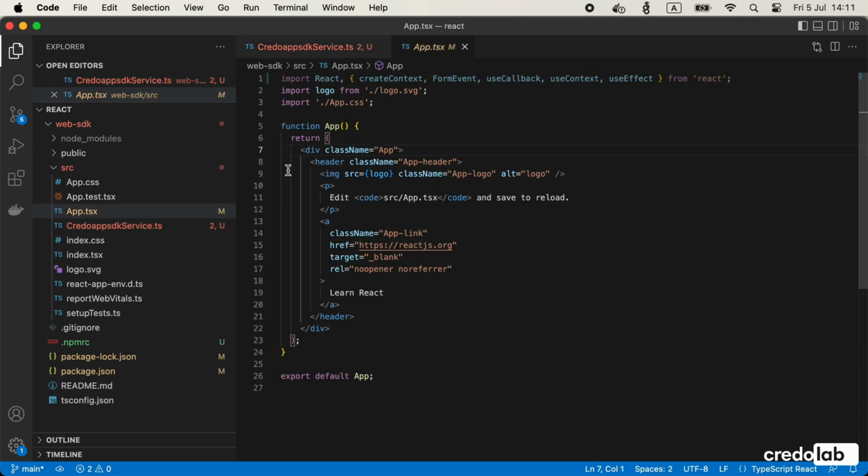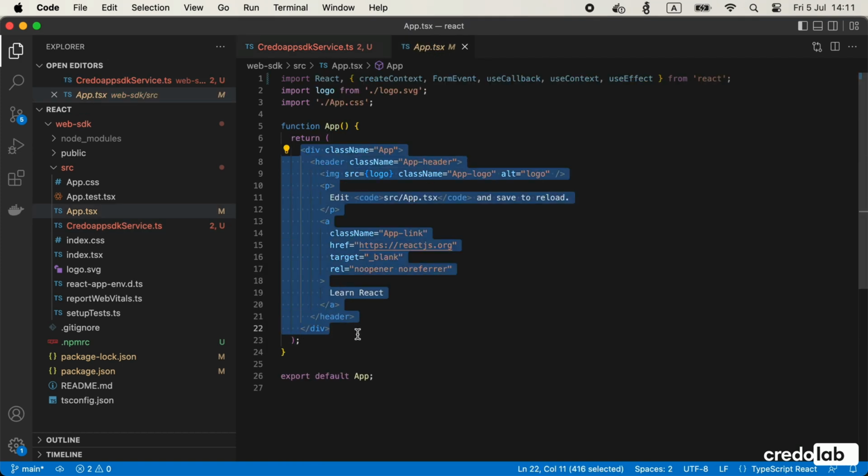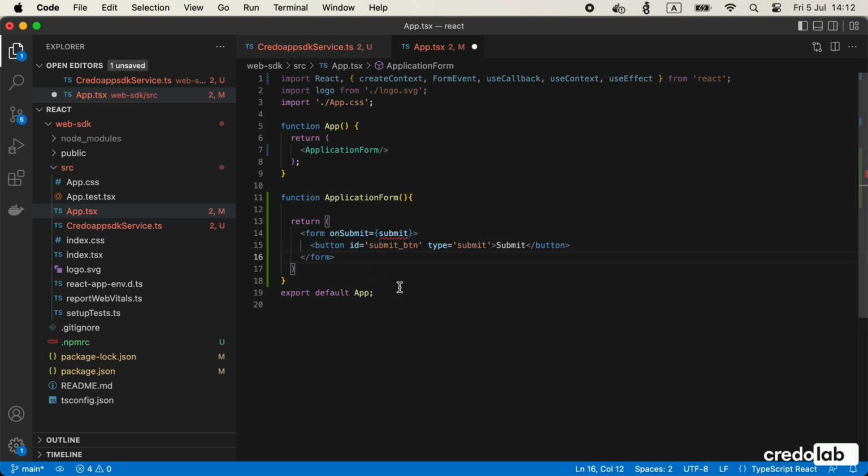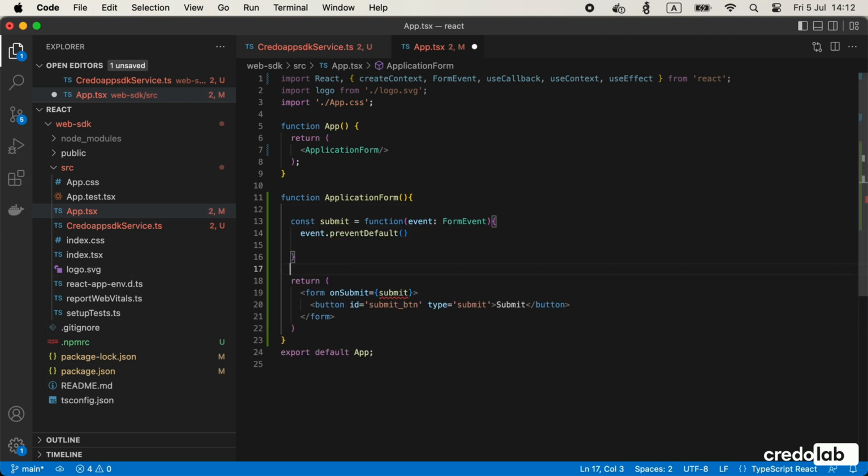Now, let's open the App component class that serves as the root component of the application. Remove auto-generated code and add the child component that we are going to create below. This component will contain a submit function that will be triggered when the button is clicked. Let's add a simple layout and declare the submit function.